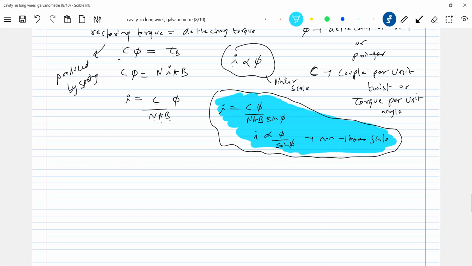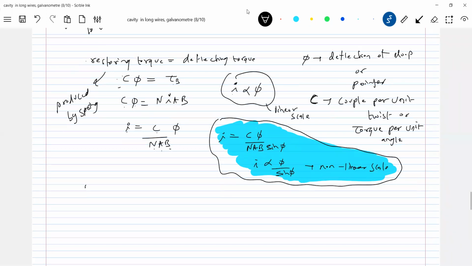So this is the angle through which the pointer will get deflected. So what is that phi? Again, you'll get confused. I think I wrote somewhere, no? Deflection of loop or pointer. But still the angle between M bar and B bar will be 90 degrees only.